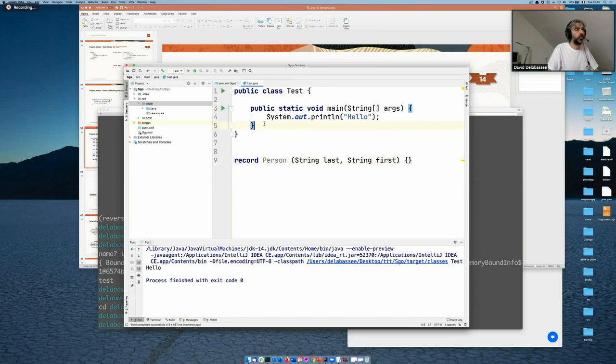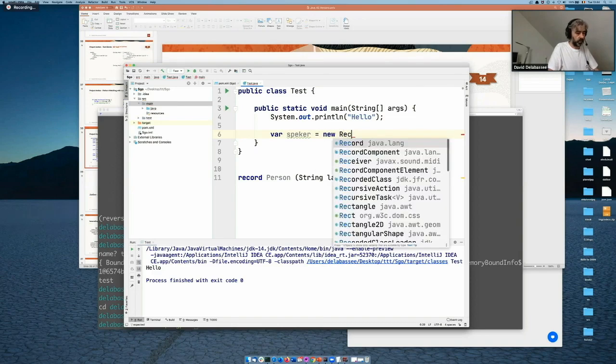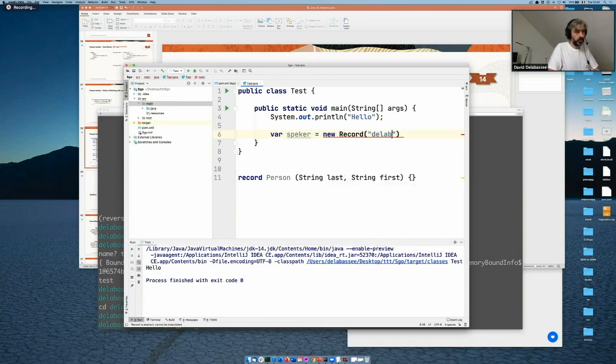Now what I can do in my code is the following, for example. I can create a record. And today's speaker is Delabassee David. Oops, sorry.